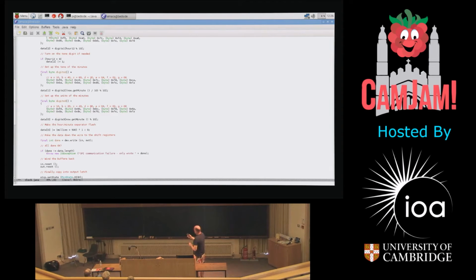And it says in, poke the data down the wires of the shift registers. So we've now got the 3 bytes of data which contain our 7 bits, 7 bits, 7 bits, 1 bit, 1 bit. Frankly, I could go through it, but there's not a lot of point, because it's only that display, so we're the only ones in the entire world who use this particular encoding, because no one else would be that bonkers. It's really bizarre. So we actually poke the data down the wire, and it gets those 3 bytes,